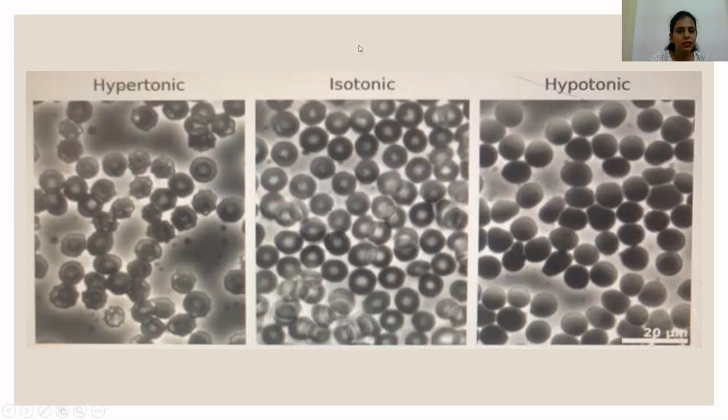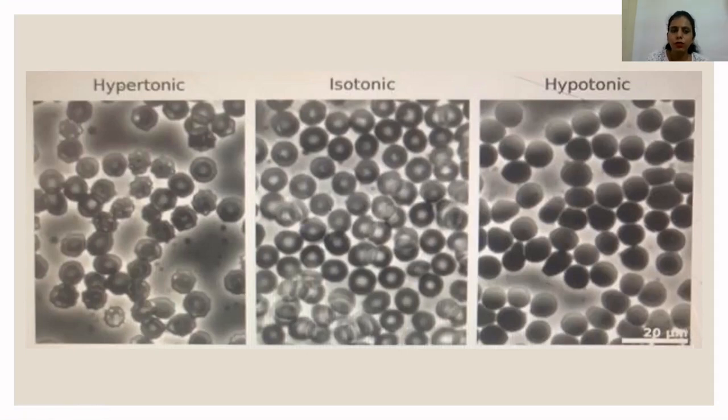The next is isotonic solution. Here the biconcave disc shape of RBCs is clearly visible, and the cells are round in shape. That means there is no loss of water from the cell and no gain of water inside the cell. There is no loss or gain of water in the red blood cells, which means they are placed in isotonic solution. And if you look at the third image, you cannot make out the biconcave disc shape of red blood cells, and you can also find that the cells are swelled up, bulged up. Hence, they are placed in hypotonic solution.